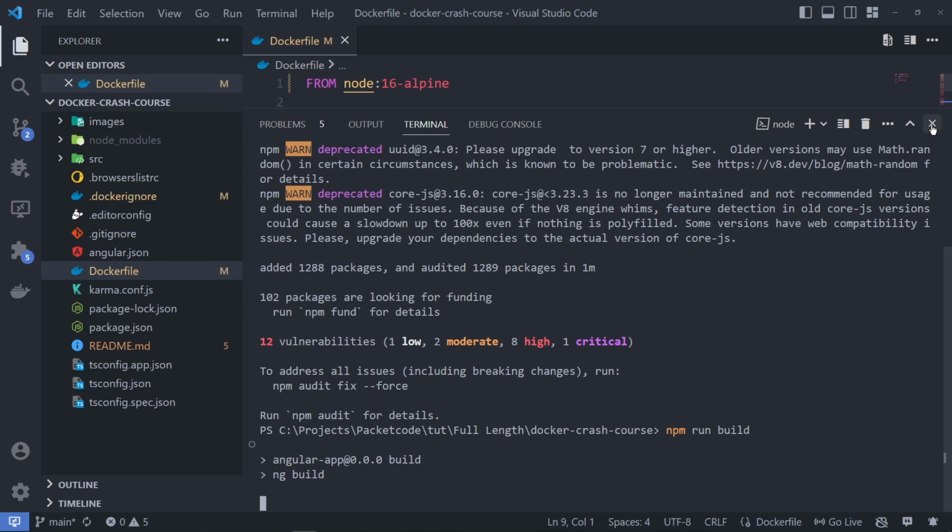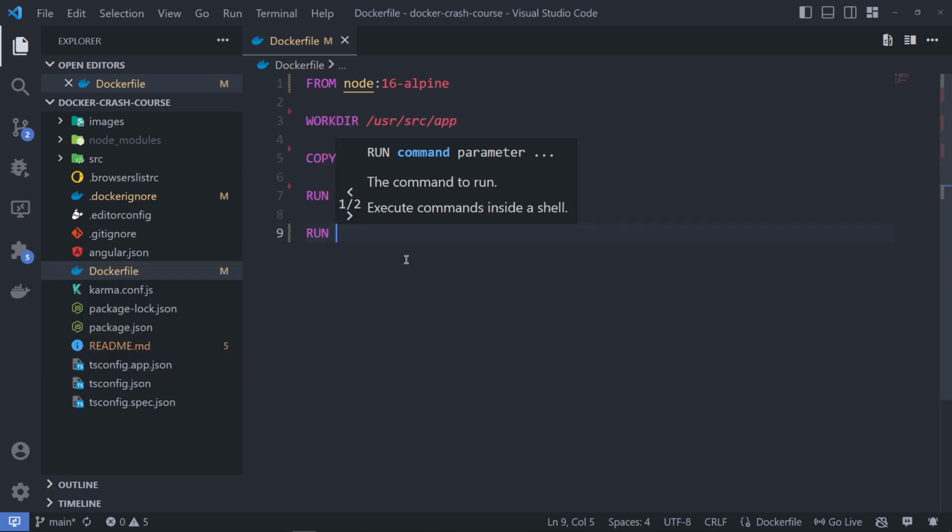Similarly, let's also create our own thing here. So I'll type in RUN npm